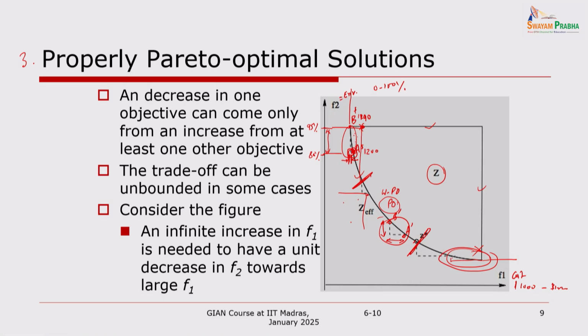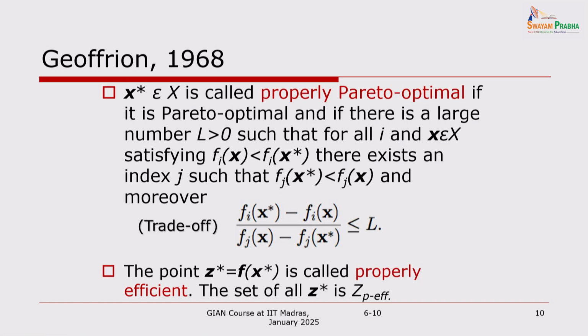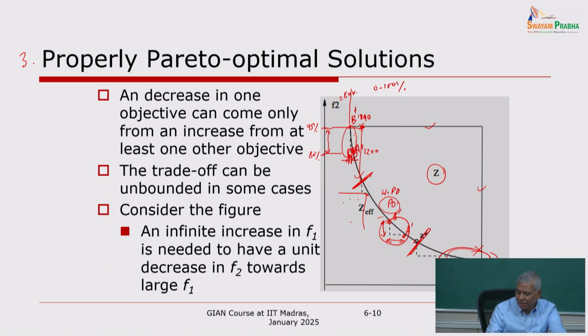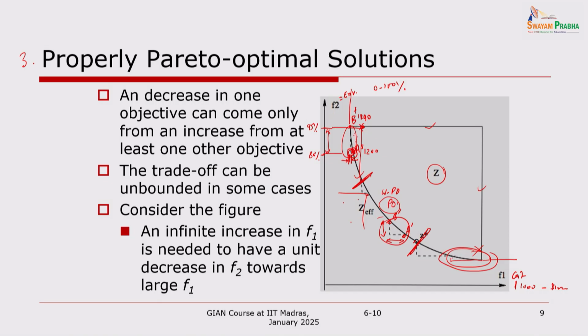So, how do we define these bounds? There is a parameter that comes in now. It is the trade-off, the loss versus gain, and you want to restrict it to a certain value. Okay? Once you specify this, it is basically dealing with the slope, and wherever this L and 1 over L slope hits the Pareto front, your target becomes that. So, you have algorithms that will not find the entire Pareto set, but only the proper Pareto set. So, this is called the proper,